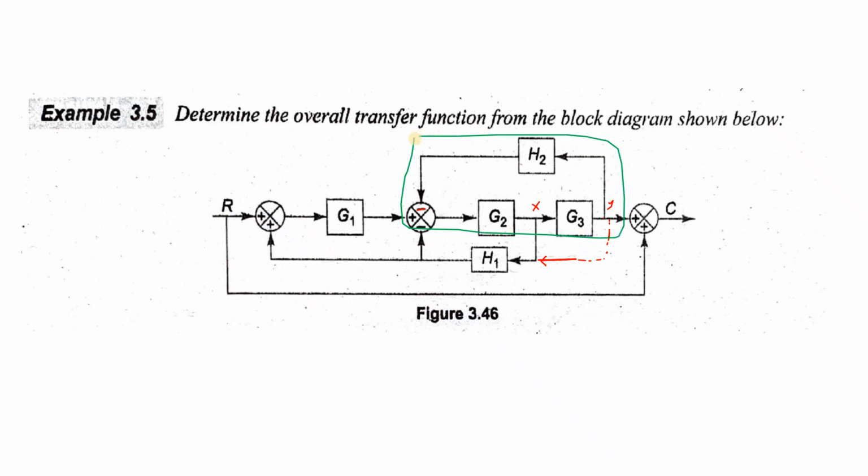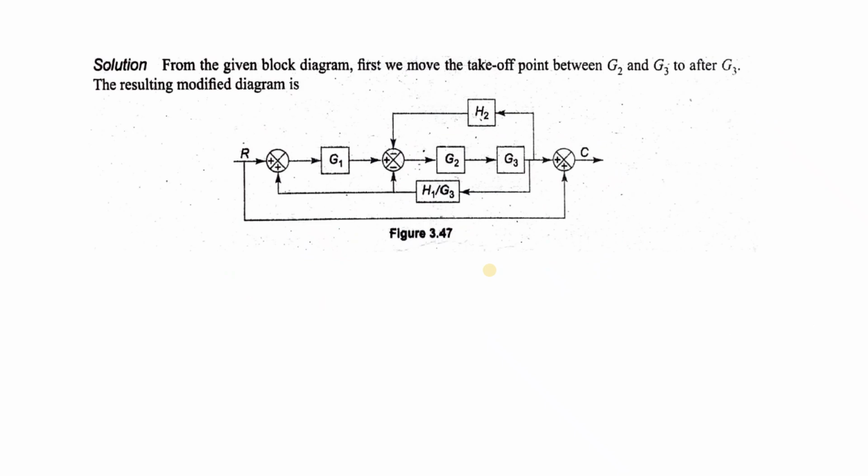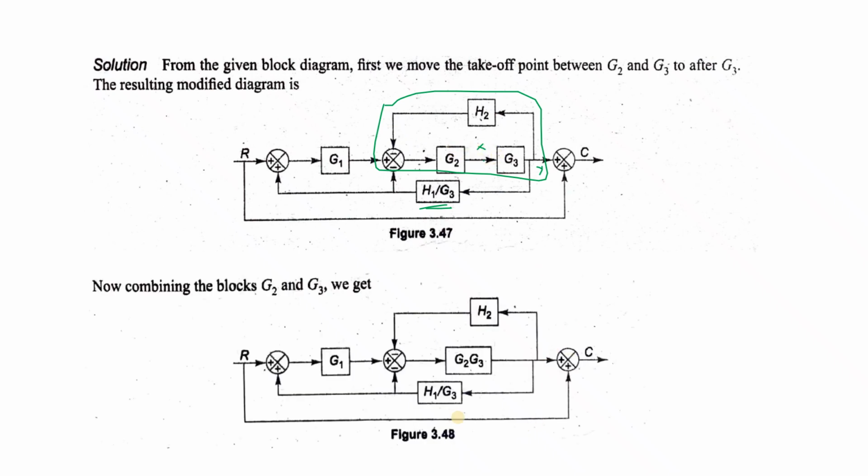step. So this is one closed loop transfer function. It is looking like a closed loop transfer function. So what to do? If we shift to Y, we will modify this feedback block or transfer function as H1 by G3. So it becomes H1 by G3. So this is shifted from X to Y. Now this particular closed loop has to be worked on.